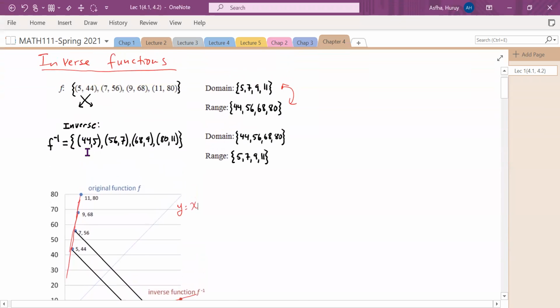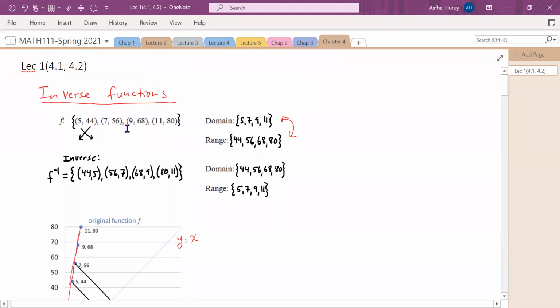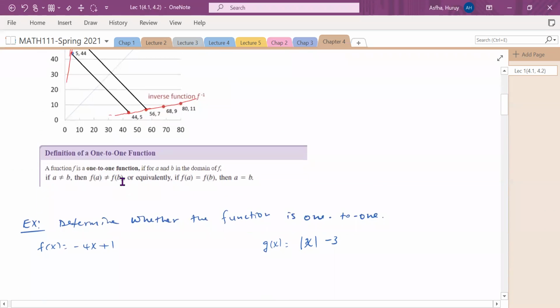So here, this is when our function is given in the ordered pair form, okay? But this is not the only case, because most of the time, the function is given in the form of an equation. Now, before we go to that, first let's discuss a one-to-one function. Now, a one-to-one function is a function,